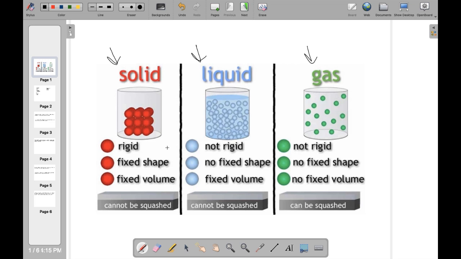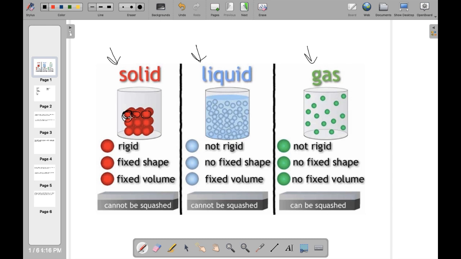The first thing to understand is that in a solid, all of these separate molecules or atoms are very closely packed, which means they really don't move around. They're normally in a crystalline lattice and they can't move. Also, the intermolecular forces between these molecules are very strong, keeping them together. So it has a rigid, fixed shape and volume. These do have some kinetic energy, so every single molecule vibrates a little bit, but it doesn't have enough energy